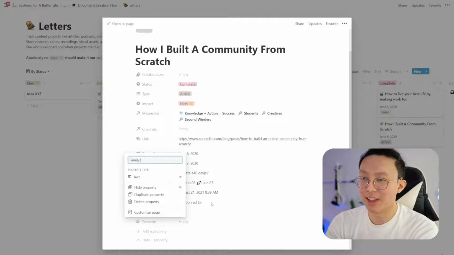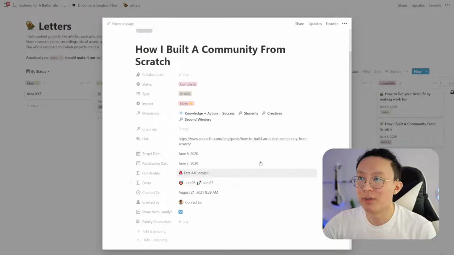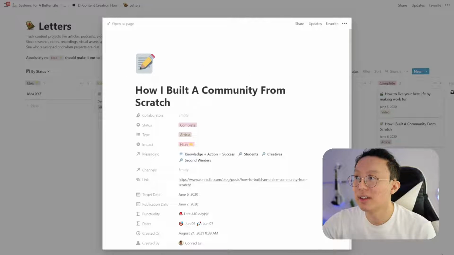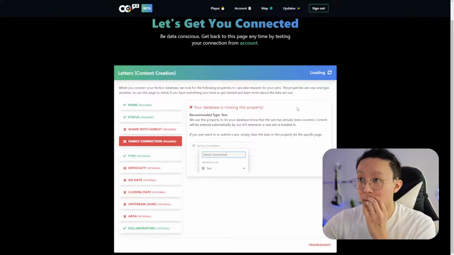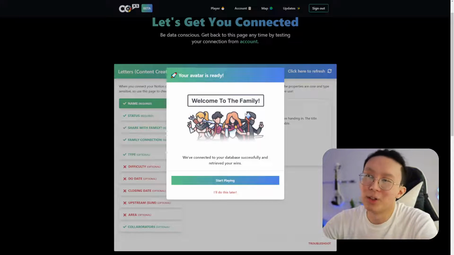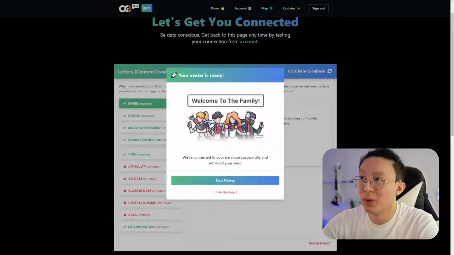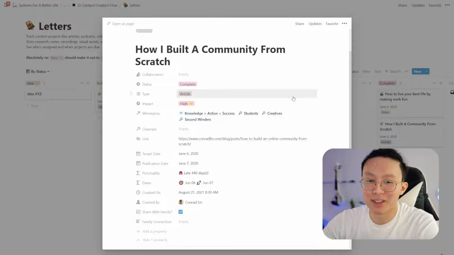We're going to add family connection as a text property. And then now if I click share with family, let's see what happens. This should help us throw it in, and let's just wait for it. So again, if I refresh this just to show you, it'll show that it all works. So that's pretty awesome. And I can go to the player tab, obviously, to see the win come in. For now, I'm just going to wait here just to have it pop up for us.